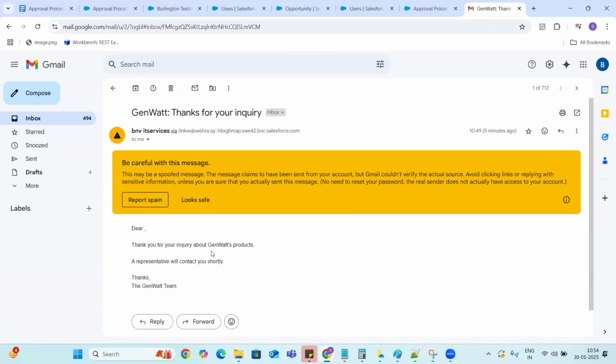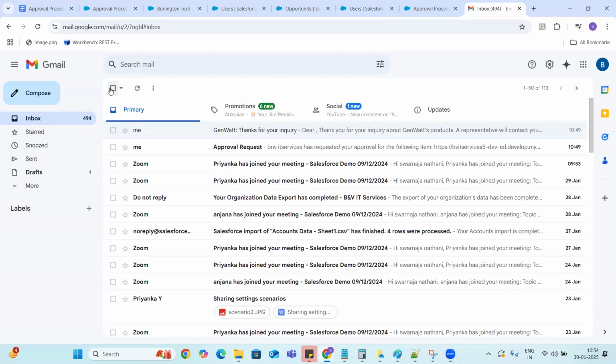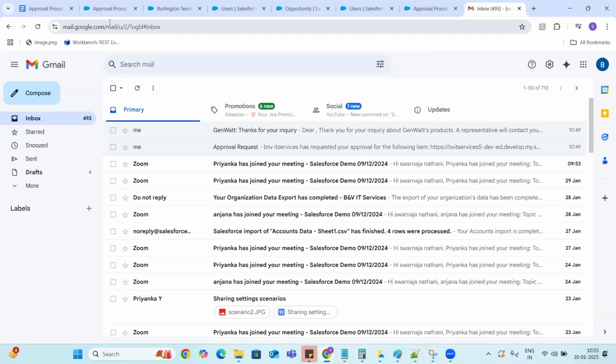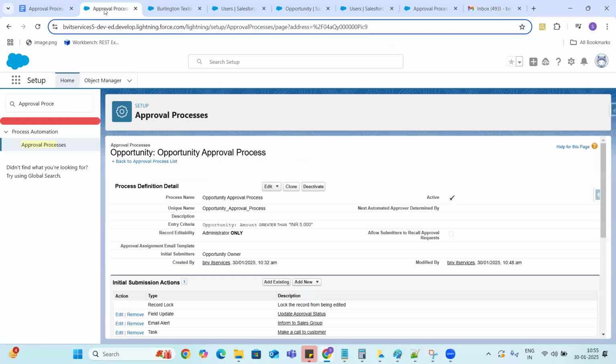Okay. This is not relevant because I just used one of the existing email templates. That's the reason it was just giving me that text only. But you can generate your own and you can provide whatever text. And also, whenever it is submitted for the approval, it was just giving me the information saying that there is an approval request submitted for it. Okay. So that is our third action, the email alert. So email alert is nothing but a respective people, okay, will get the notifications. Okay. And the last one is the task.